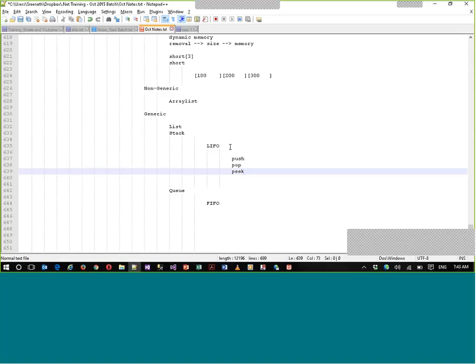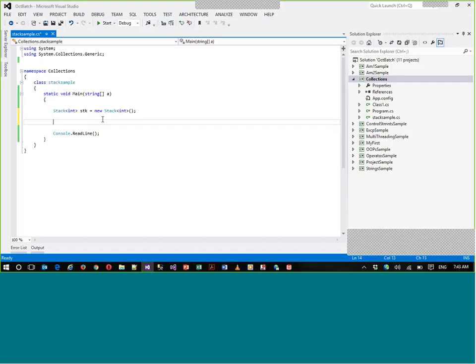Fine. Now let's use this and see how the stack works. Go back here, and let's add some data. First, I'm going to add stack dot push. You can see the push item. Let's say I'm going to take 100, and the same for some 4 items: 200, 300, 400. I'm taking the sequence so that we know which one is the first added and which is the last added. Among all these, you can see that 400 is the one we have added last.